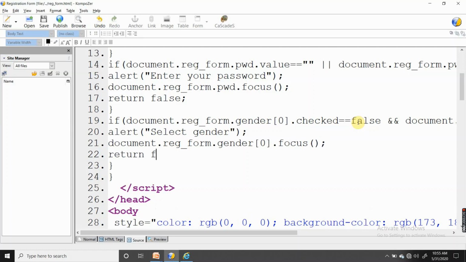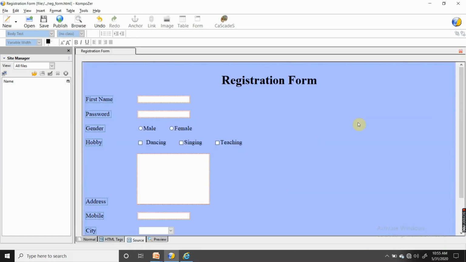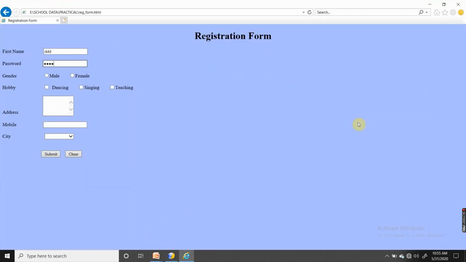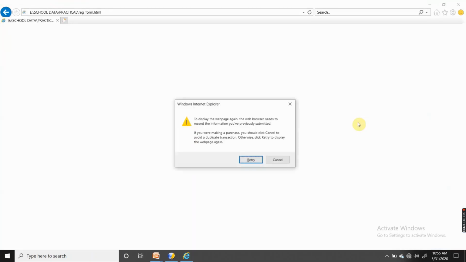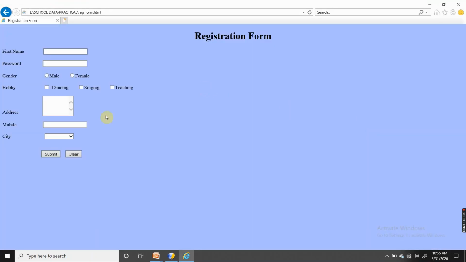Return false. Now we will check it. Directly we will click on submit. Here we get name, password, gender.